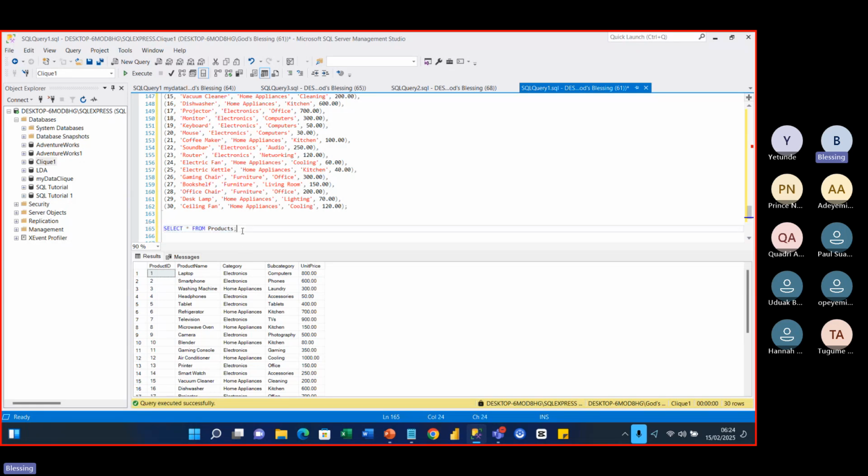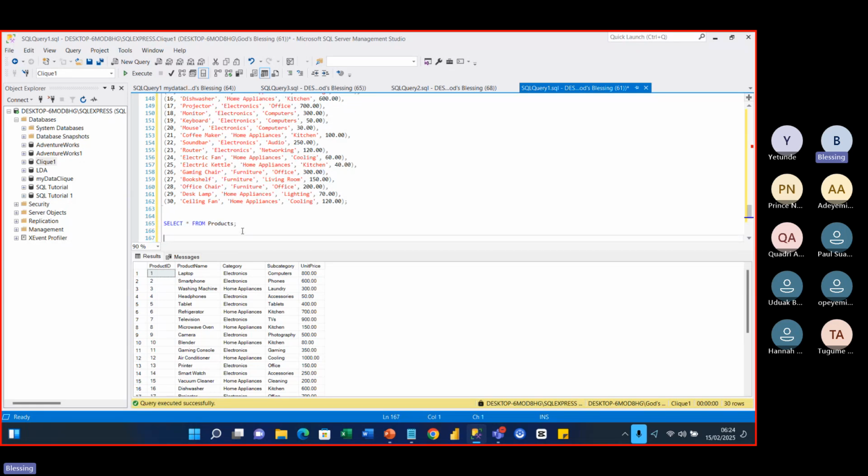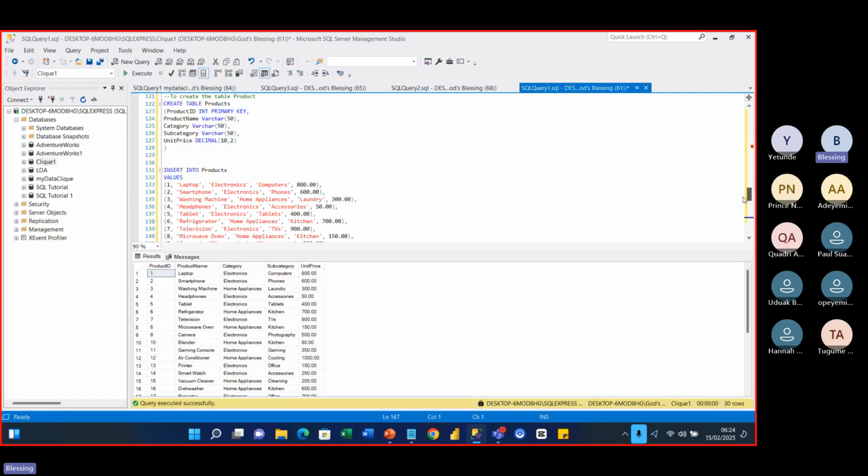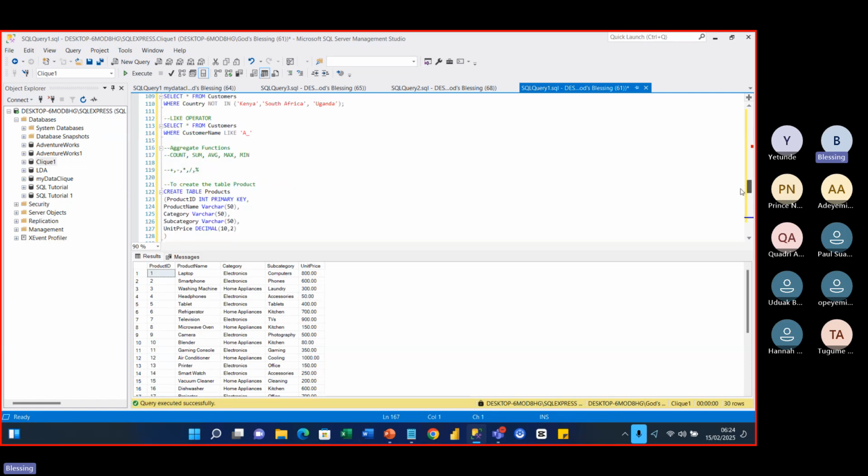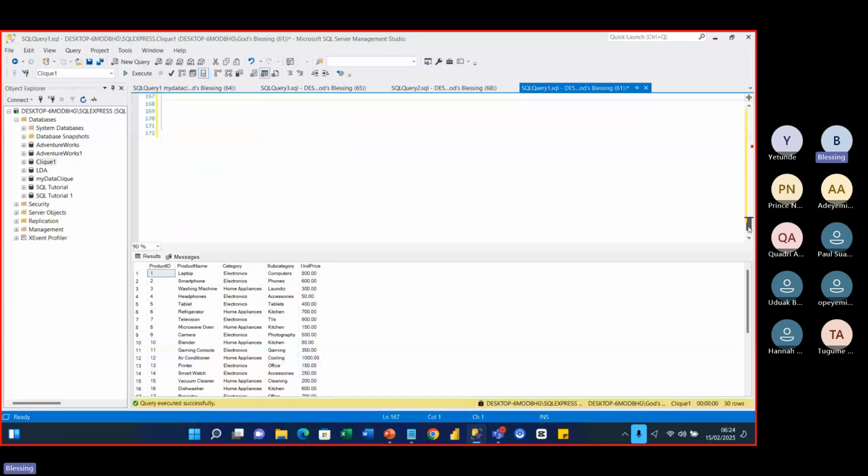So we're looking at aggregate functions. These are functions used to perform aggregations on your data. So we have sum, count, average, that's AVG, max, min. So what if I want to count the number of products that we have in this table? So I would say